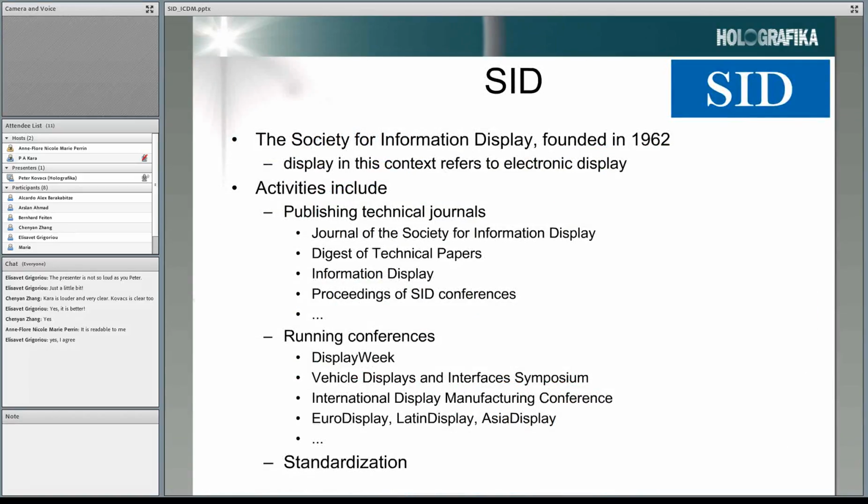A few words about SID. SID is the Society for Information Display, which is a professional society founded in 1962. In the name, display refers to electronic displays. The activities of SID mainly include publishing technical journals about displays, for example, the Journal of the Society for Information Display, the Digest of Technical